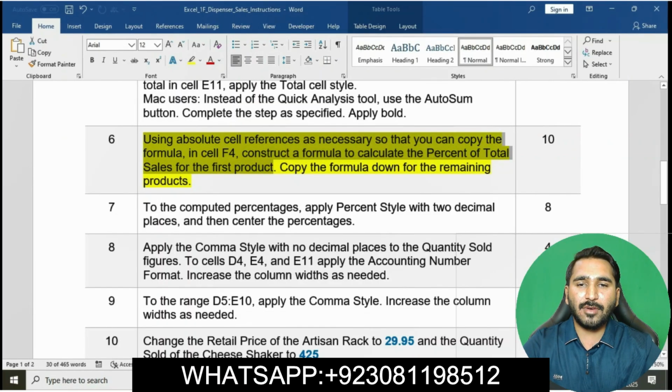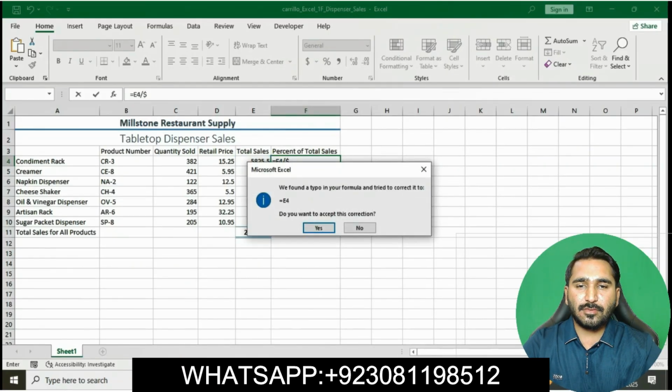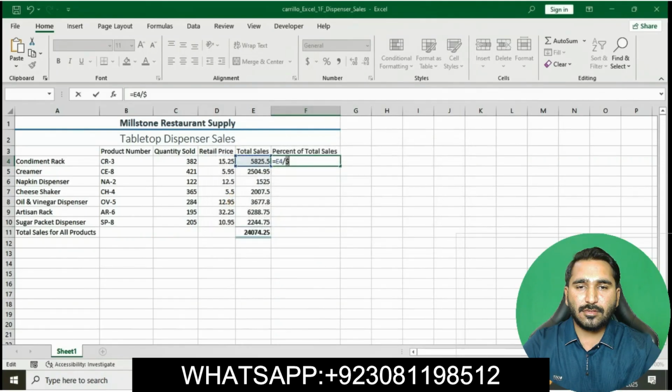Moving to the Excel workbook, click on cell F4 and then construct a formula in cell F4 to calculate the percent of total sales for the first product. Press equals, and then enter the formula: total sales divided by E11.